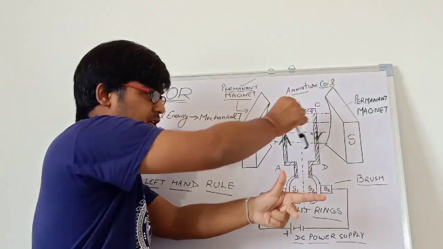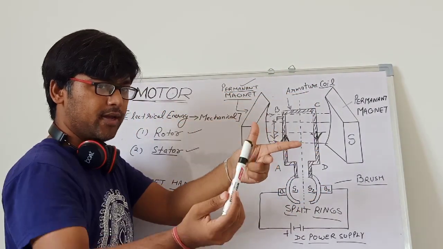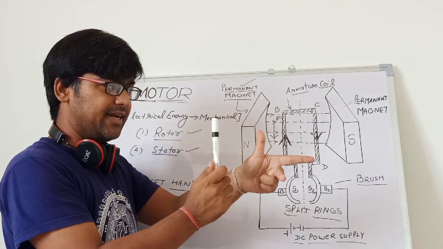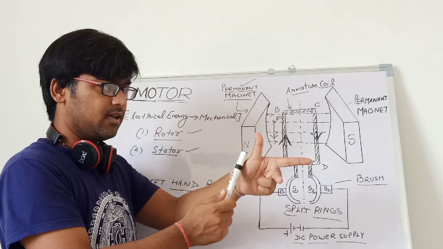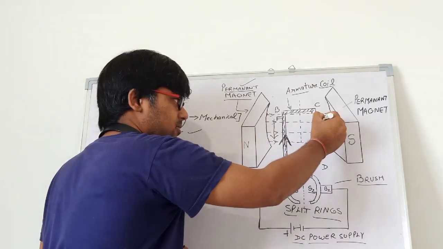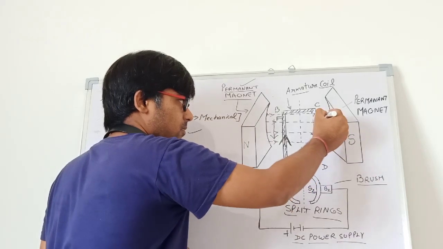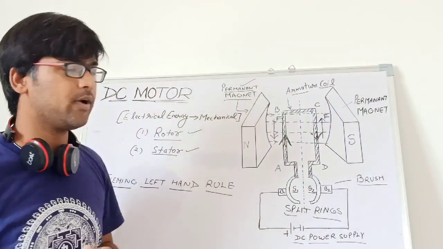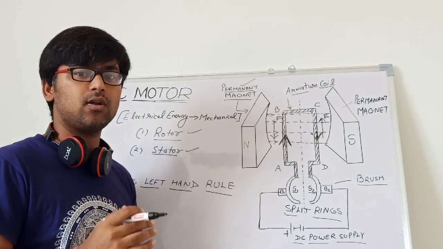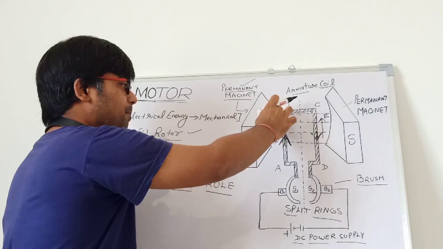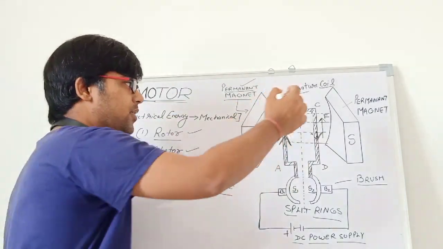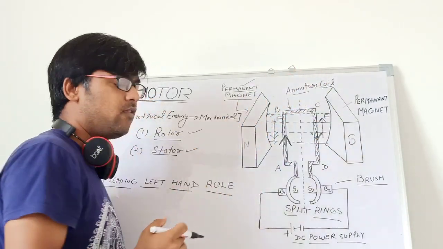This is the direction of current. It is towards you guys, you can see. Clear? Now this is my thumb. It indicates the direction of force. It is in the upward direction. Clear? So it is like this. Okay. So I am having two forces. Both the forces will be equal, but they are opposite, because on BA the force is acting in the downward direction. You can see on CD it is acting in the upward direction.